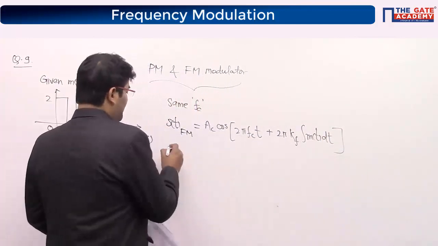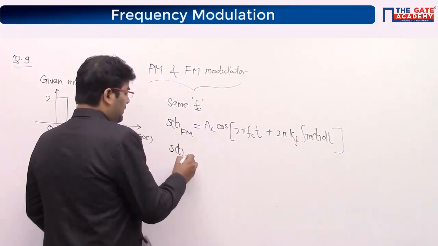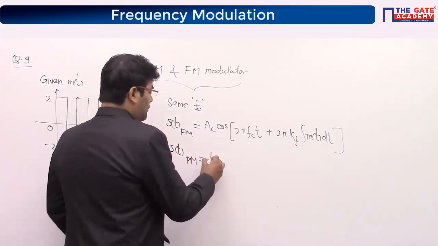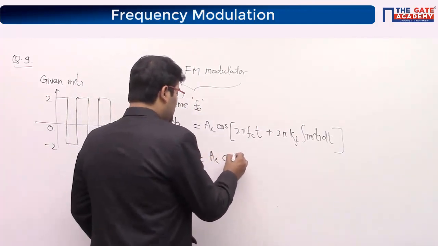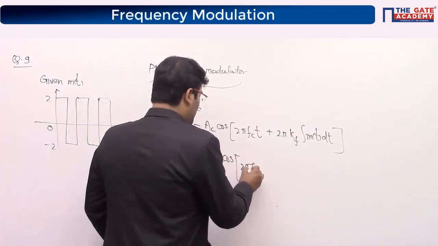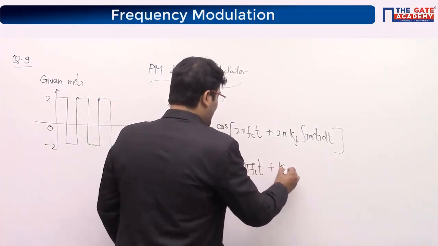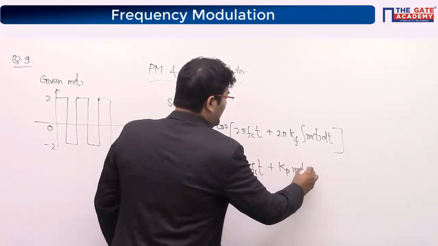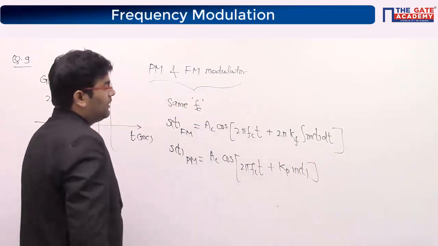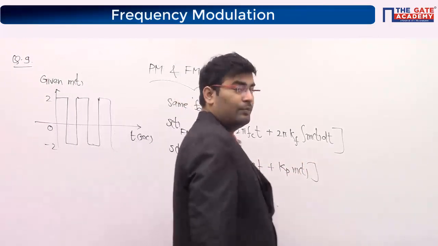This is Fm, and Pm is equal to AC cos(2 pi fct plus Kp m of t) directly. Guys, if we compare these two,